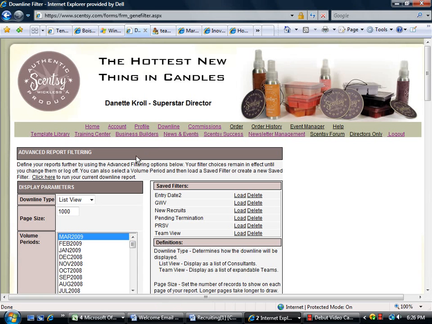And when you click on that, it takes you to this page called Advanced Report Filtering. Essentially, this is a filtering tool or a sorting tool that allows you to slice and dice your downline team in lots of different ways. Of course, if you're just getting started, it's just going to be you on your team of one, and then as you add people and they add people and those people add people and that downline multiplier effect starts to kick in, then it'll get larger and larger, and at that point you'll really start to appreciate the power of